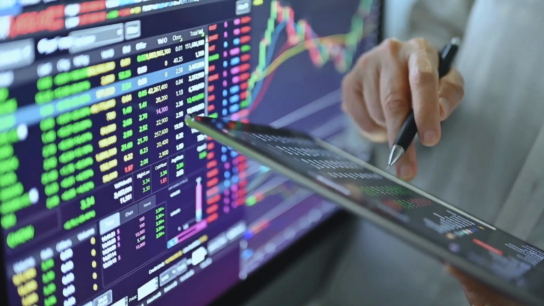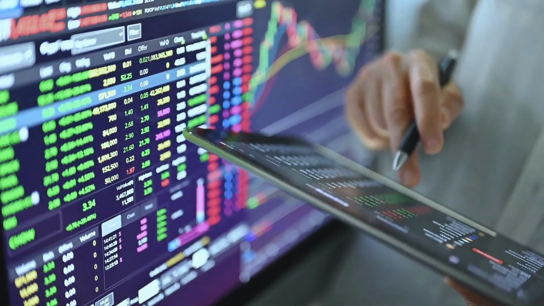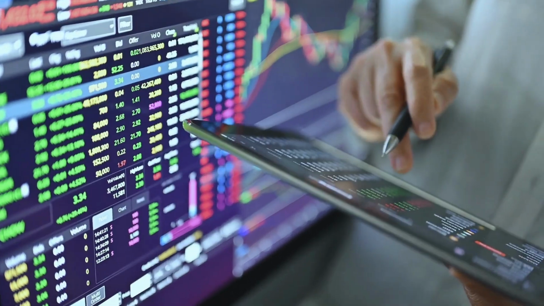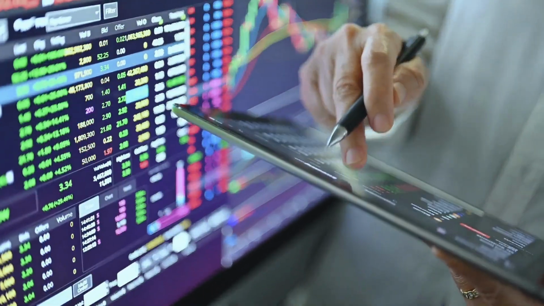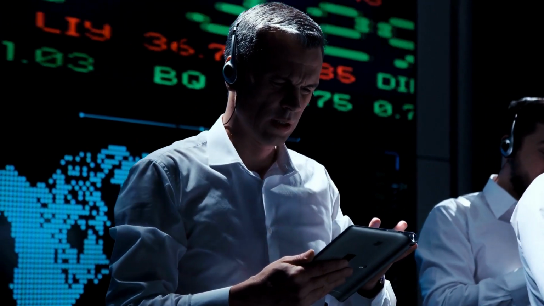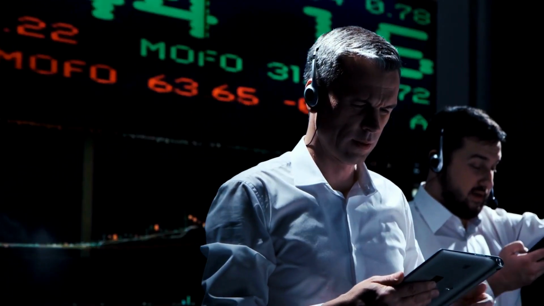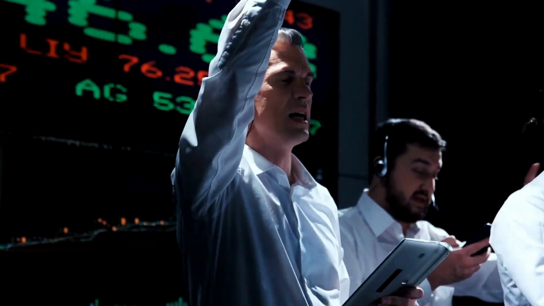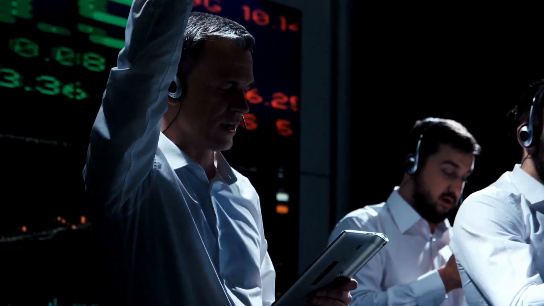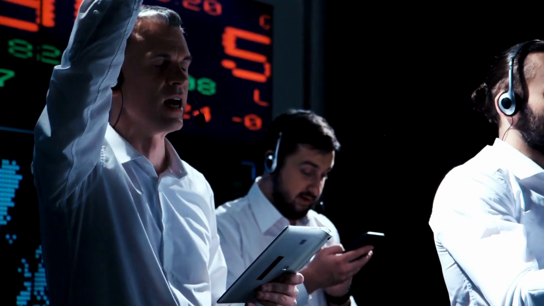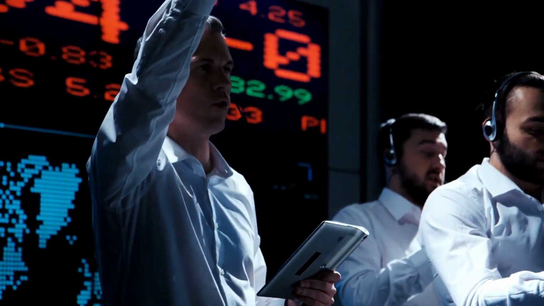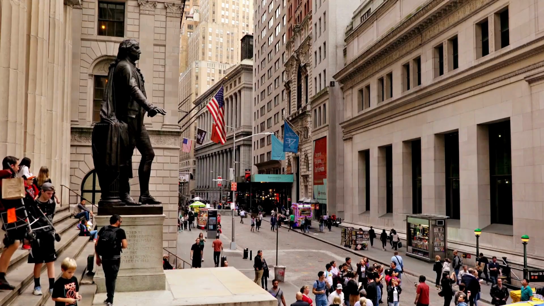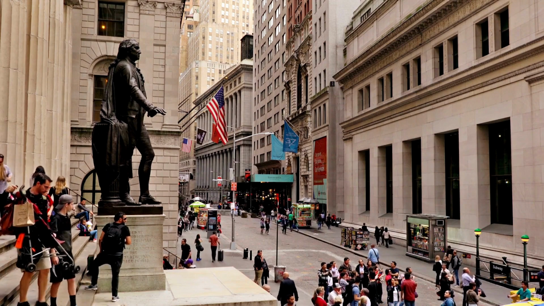One interesting aspect of inflation in Forex trading is the concept of real interest rates. Real interest rates take into account the inflation rate. So, even if a country has high interest rates, if it also has high inflation, the real interest rate might be lower than in a country with lower nominal interest rates but very low inflation. This is why traders often look at real interest rates rather than just nominal interest rates when making trading decisions.